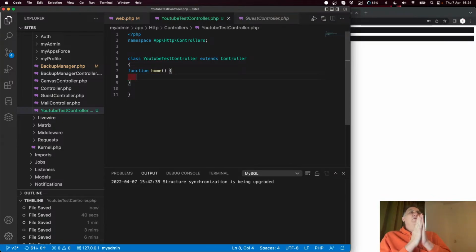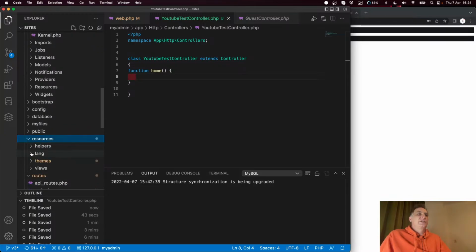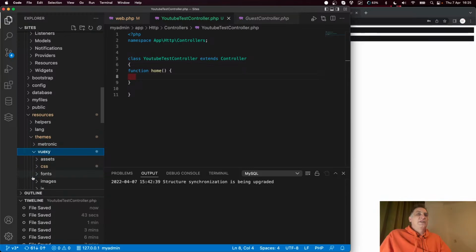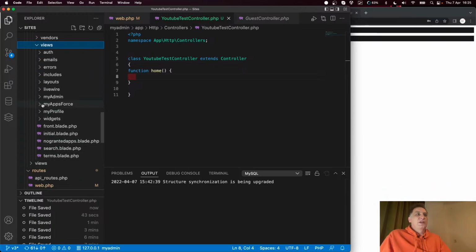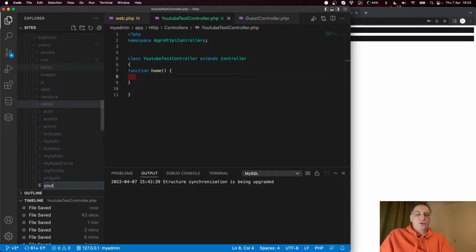What we want to do is display a page. So to display a page, I need to have a page that I want to display. As I said before, the pages typically go inside of this resources, themes, Vuexy, because I'm using the theme, I think, views, and I have all sorts of pages here. So this is going to be where my page is going to live. I'm going to put it where all the other pages are. So I'm going to call it YouTube page